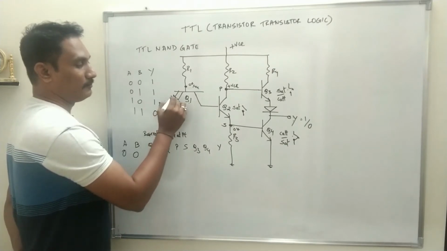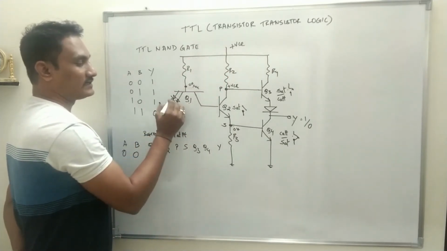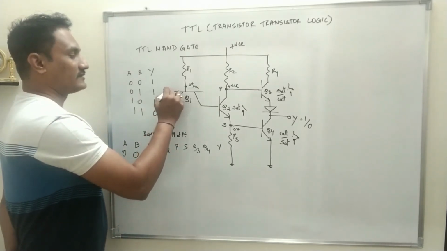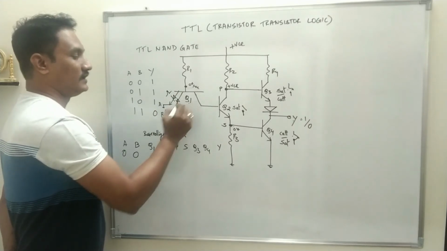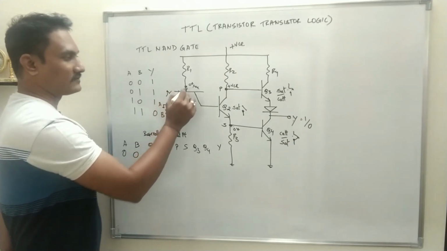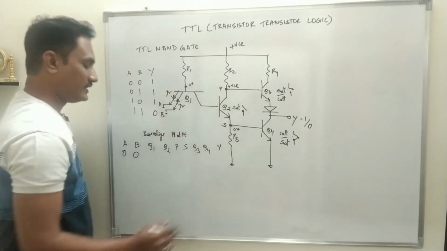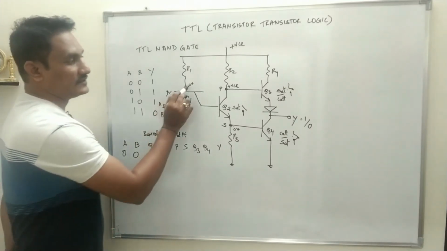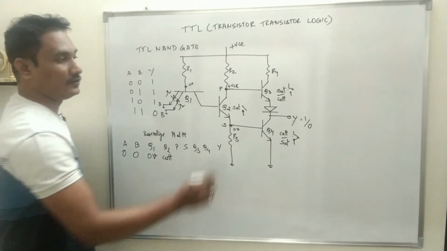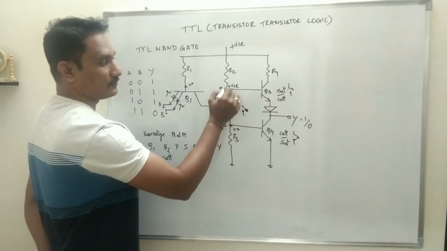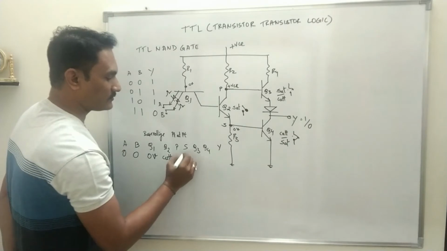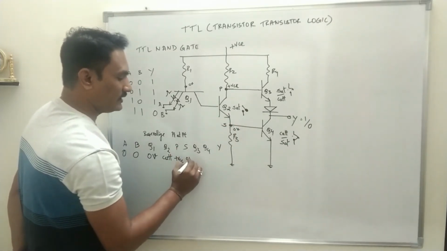A and B both are grounded. P is already connected to positive, N is connected to ground. Both the diodes are forward biased. Both the diodes act as closed switches. If the switch is closed, this base voltage gets connected to ground. That means base voltage is equal to 0 volt, and if 0 volt is given, Q2 will be in cutoff region. And if Q2 is in cutoff region, it will act as an open switch. So P gets connected to plus VCC, S gets connected to ground. Potential at P will be plus VCC, potential at S will be 0 volt.